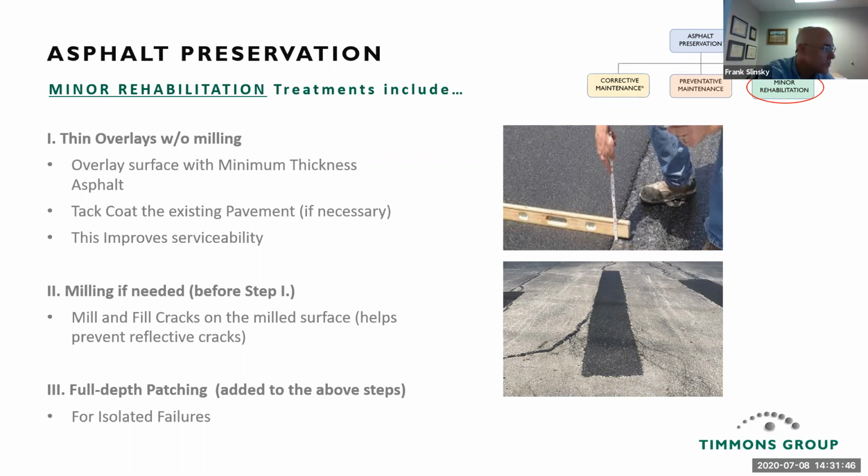Milling, I want to briefly say, is that you really need to know your pavement thickness before you start milling a pavement. You need to make sure you have enough pavement left before you go down and specify, just take 2 inches off the top and then come back with 2 inches, because you might have a half an inch left and it's just going to be worthless. So that's a word of caution on milling.